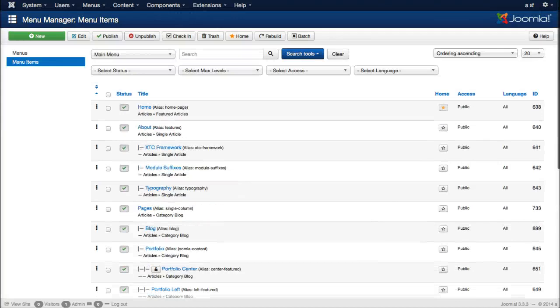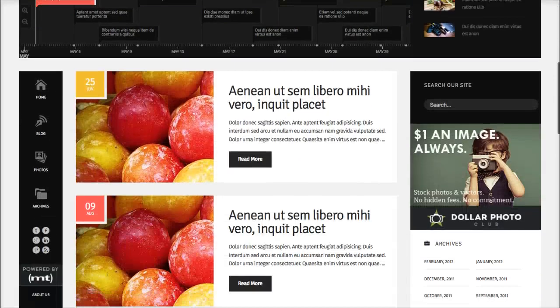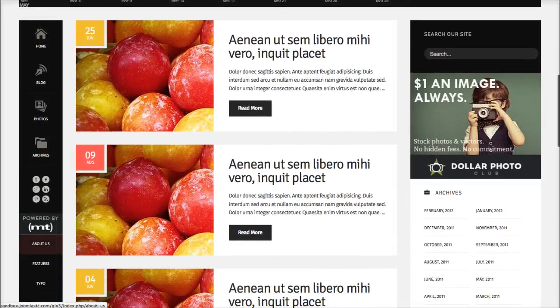And that's really all you need to know about the menu here. So let's go ahead and move on. Let's check out some other things here on the template, such as our menus. These side menus that we're using are all core Joomla menus, but we've styled them. So let's go ahead and check out the menu here,